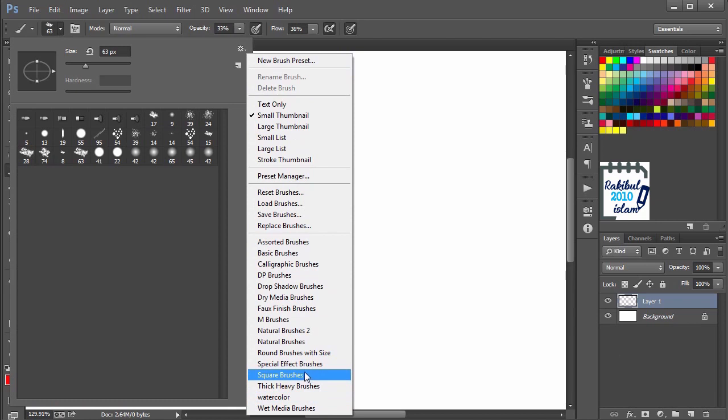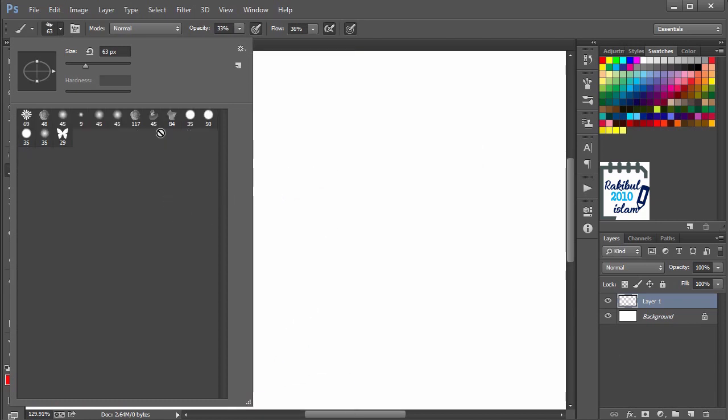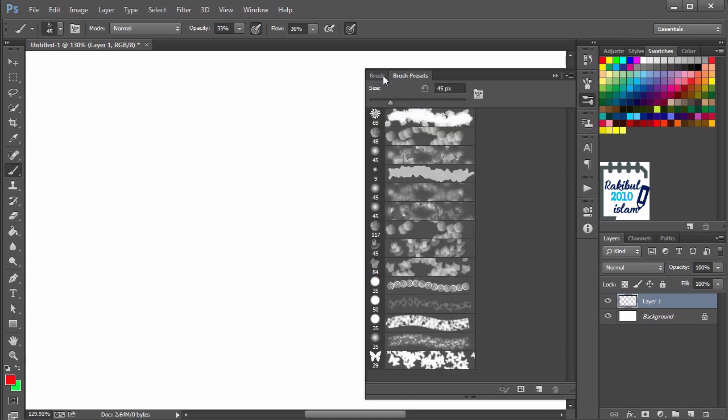Let's choose a different category. Okay, now I will pick this brush tip, and if you click here, this is the brush panel. You will find different properties of the brush that you can change and apply in your design or editing. And you can select the brush presets from here.